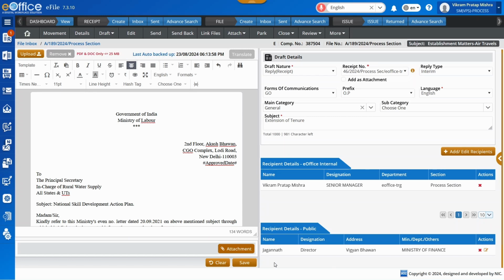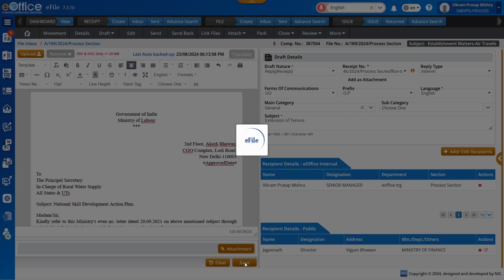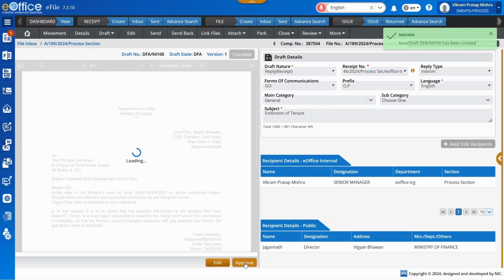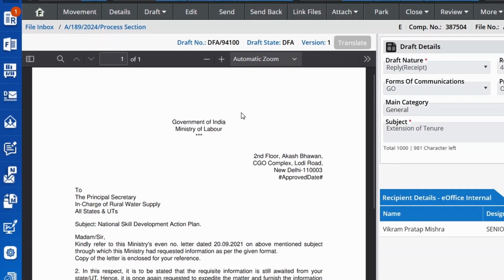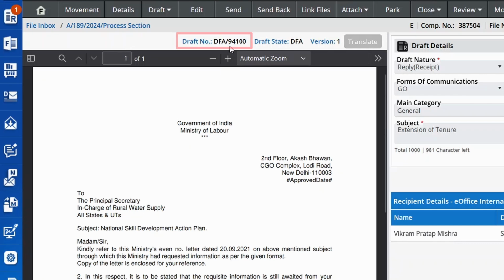In e-office, saving your work as a draft is straightforward. Simply click Save to keep your document in its current state. This allows you or anyone else in the channel of submission to revisit and modify it later using this edit option. Once saved, the new draft gets a number, a status where DFA stands for Draft for Approval, and a version